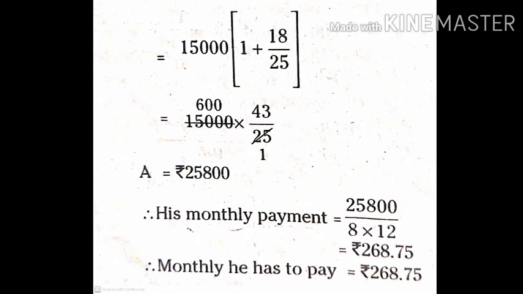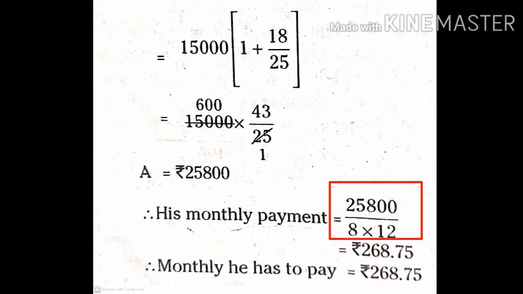That is equal to 15,000 into (25 ones are 25 plus 18) 43 by 25. Here, cancellation with the 25 table: 25 ones are 25, 6 twenty-fives are 150, and the remaining 2 zeros are copied as is. Therefore, amount is equal to 600 into 43, which is equal to 25,800 rupees. According to the problem, we should find his monthly repayment, that is called total amount by time, that